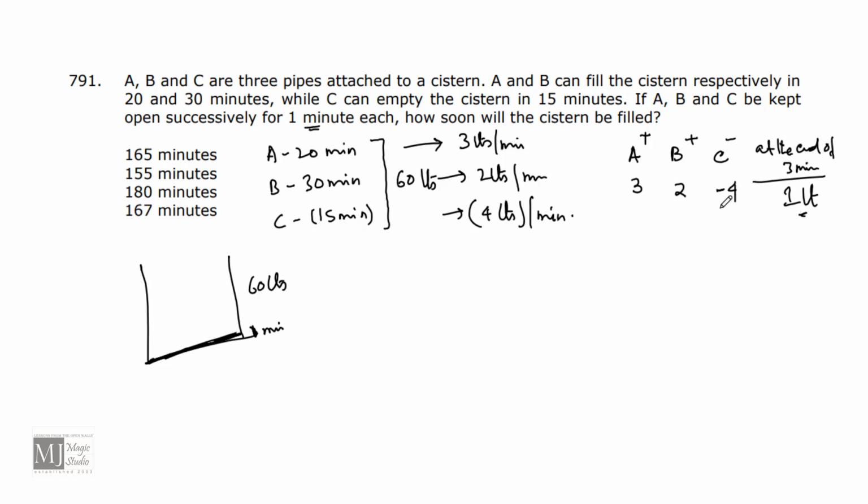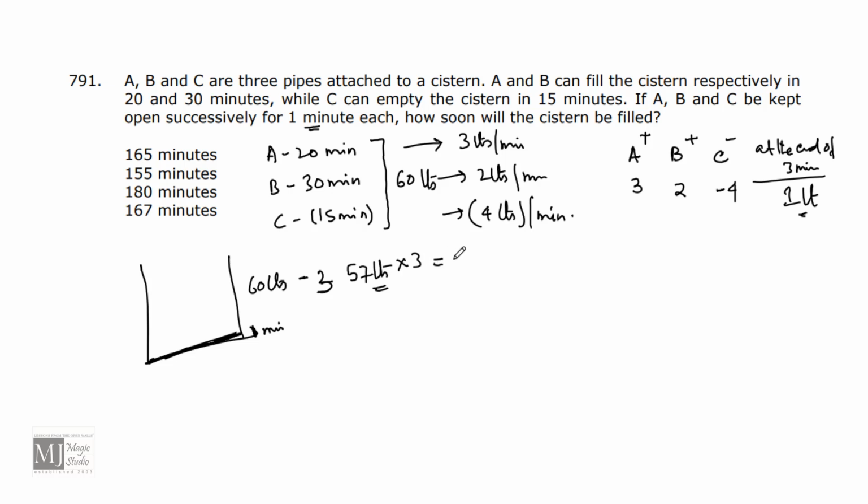And here we have 4. So be on the cautious side. Let's drop it to 5 and 5. That means minus 2 minutes, minus 2 liters. Now tell me, if I do it minus 2, here A is pumping in 3 liters. Clear? So if I do minus 3 here, that means 57 liters are there in how many minutes?